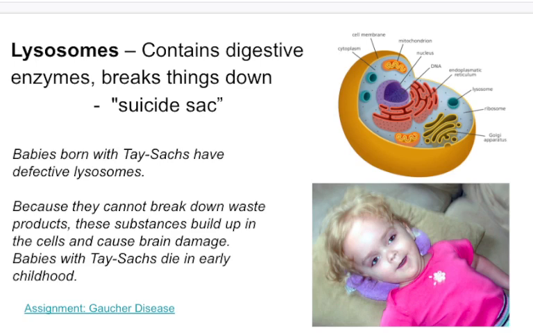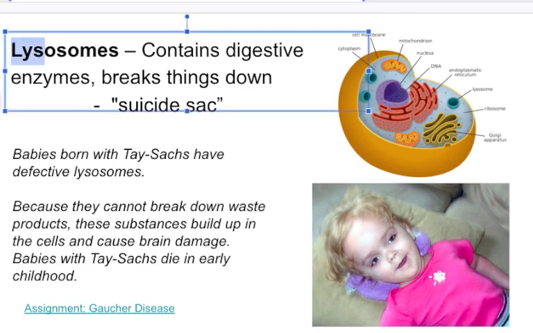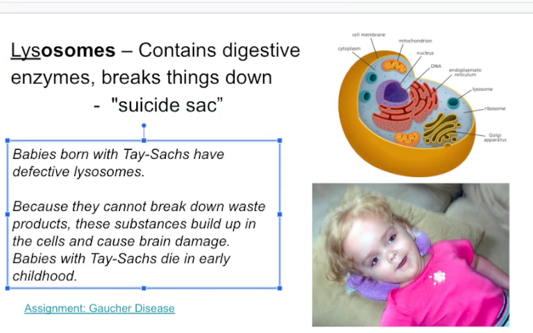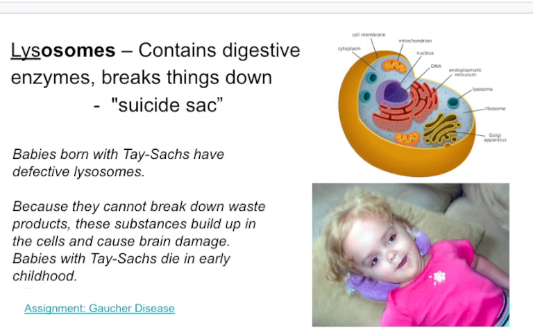LYS is a medical term meaning to burst or break. So lysosomes are vesicles that contain enzymes that will break things down. It's basically the trash can. So we will have things we don't need anymore put into a lysosome, digested, and then sent out of the